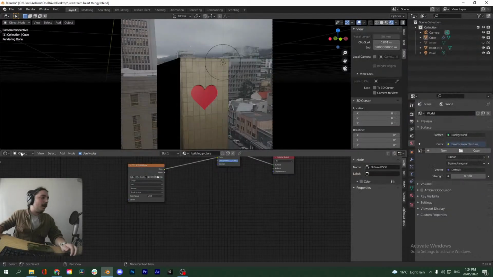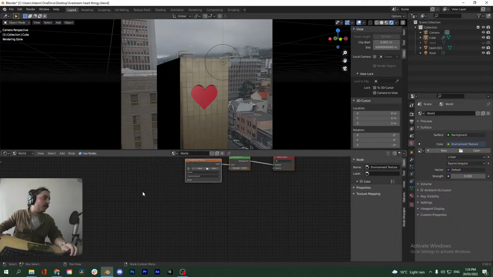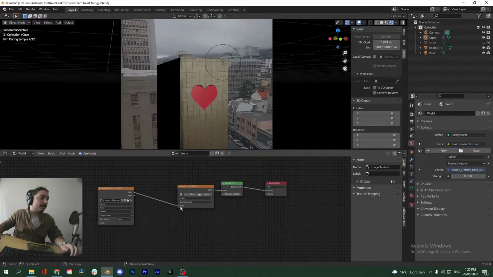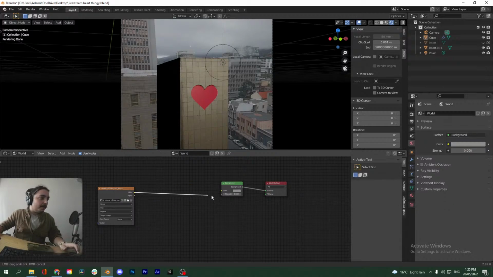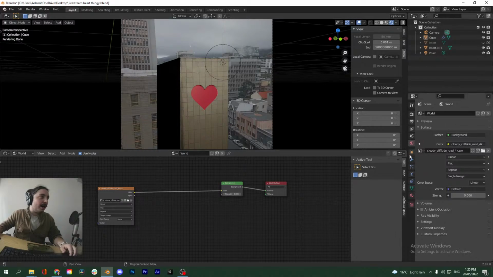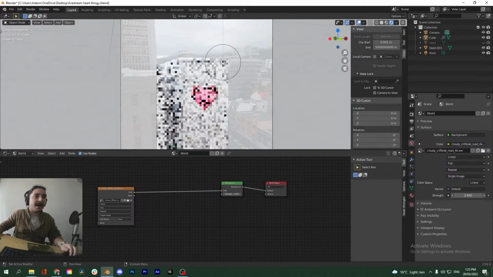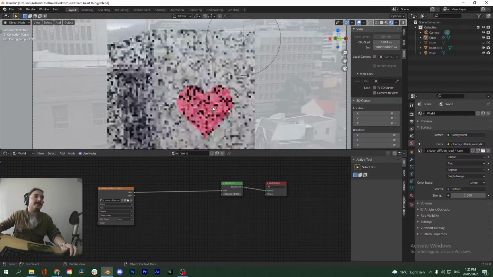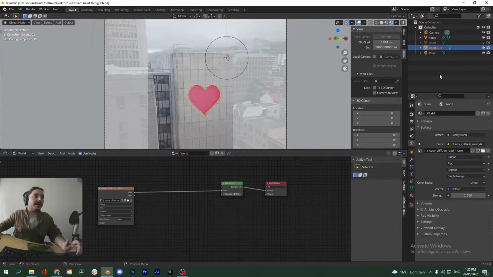Basically, what we can do is go into our shader editor. Instead of object, we go into world. Now you can just drag and drop this HDRI. Oh wait, sorry, let's just remove this one. Plug this into the background color, and just like that, we have an HDRI that kind of matches our foggy day. In a real world context, you probably want to get this lighting as close to the original as possible, especially if you're going to composite this back over later, because you want to make it look as realistic as possible.